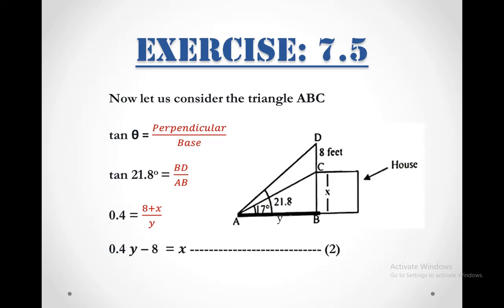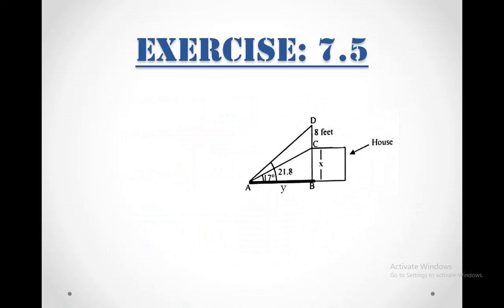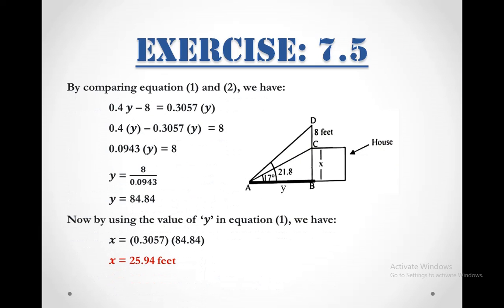So we have tan of 21.8 degrees is equal to BD, which is the perpendicular for this triangle, over the base, which is the same AB. Now the total perpendicular becomes 8 plus X, and the value of tan 21.8 degrees from the calculator is 0.4. So we have 0.4 is equal to 8 plus X whole over Y. Multiplying Y on the left-hand side, we have 0.4Y minus 8 is equal to X. Now in equation number 1 we have the value of X, and in equation number 2 we have the value of X. So equating both 1 and 2, we have 0.4Y minus 8 is equal to